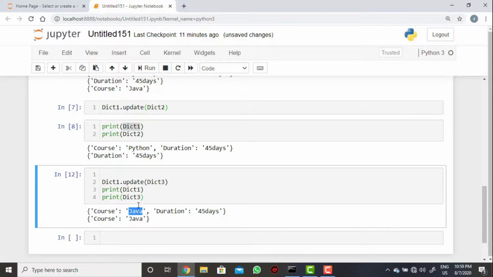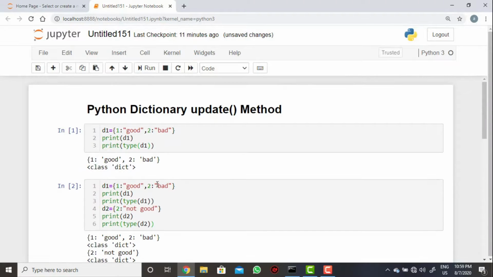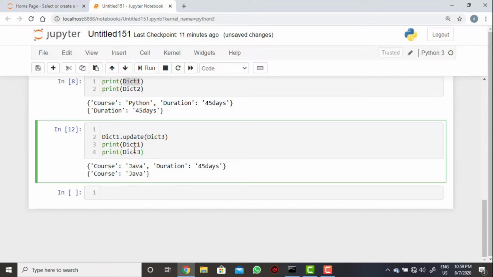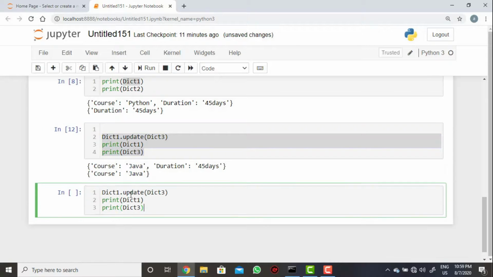So this is all about how we update the value using the Python dictionary method. Now whenever you are updating a value, let's see what else we need to discuss.